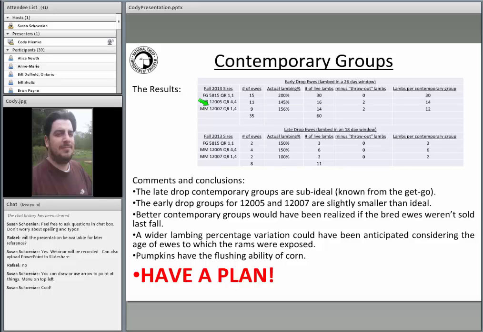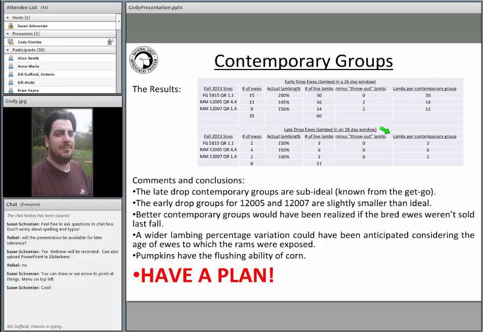And a couple things, I mentioned on these late drop ewes, the contemporary group wasn't going to be ideal from the get-go, but based on what I had planned, I actually had higher lambing percentages. I try not to flush my ewe lambs. I'm hoping for singles out of them, but over here, 3, 6, and 2 is a pretty